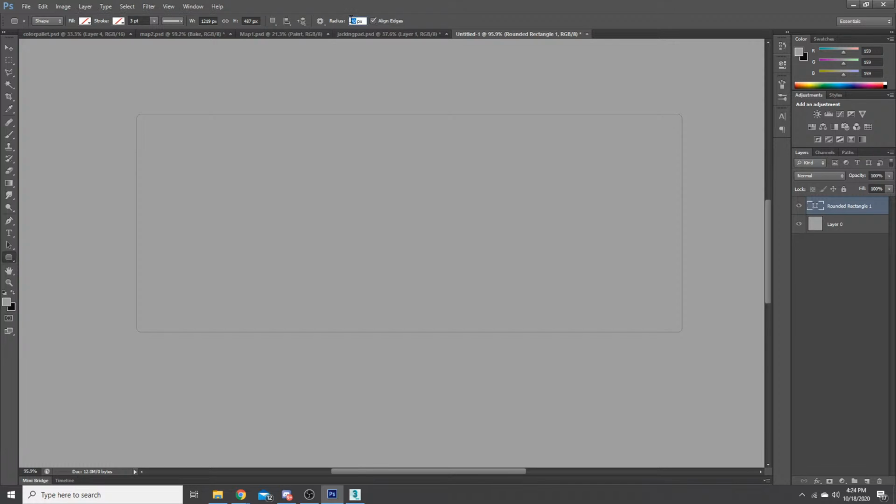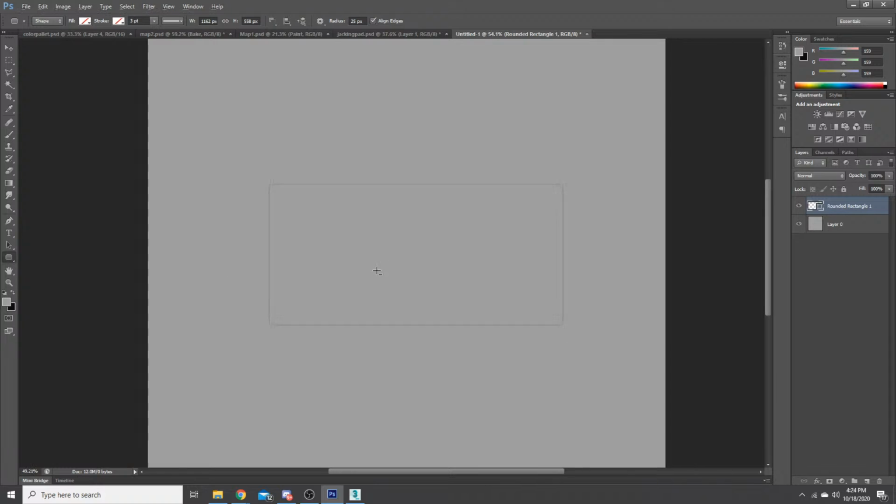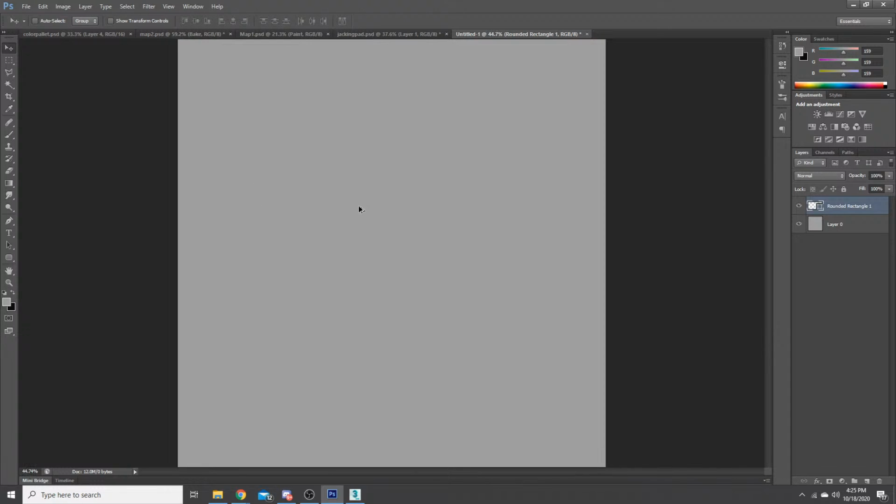I'll probably raise this to about 25. Is that? Yeah, that looks a lot better. So we'll do this, and I'll set it up like that. What I'm using is these predefined shapes. This makes this process so much easier to do. And the process that I'm going to show